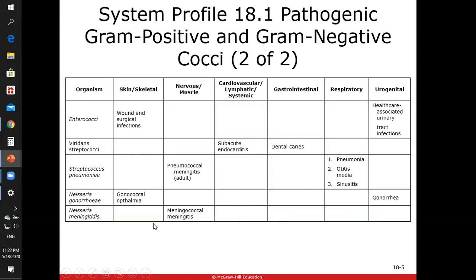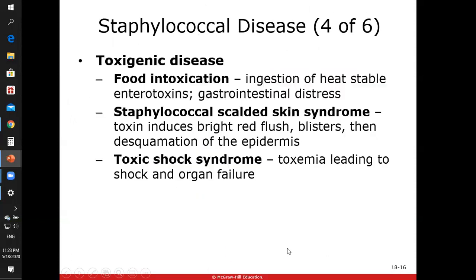And so with this one, you can have ophthalmia neonatorum. That's newborn. So if you have gonococcal ophthalmia neonatorum, then you know the baby got it at birth. Neisseria meningitidis can cause meningococcal meningitis. Okay, so those are the two slides that I need you to know, and also I need you to know one more slide,